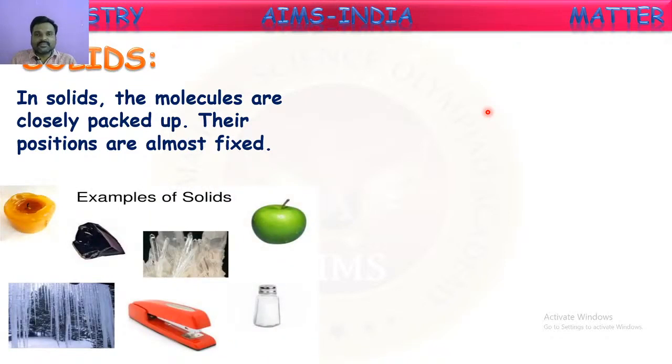So here are some examples for the solids. We can see here a candle wax and some ore or stone. We can see ice cubes, some fruits, and some bottle it is given. Some useful tools are shown here. These all come under solids. In these all, molecules are very tightly bound one to other. So these solids have certain general properties. Based upon these properties, these are categorized as the solids. So what are the general properties of solids? Let us see here.